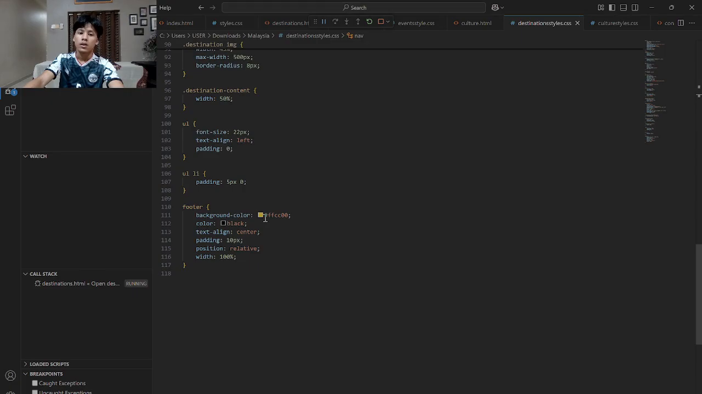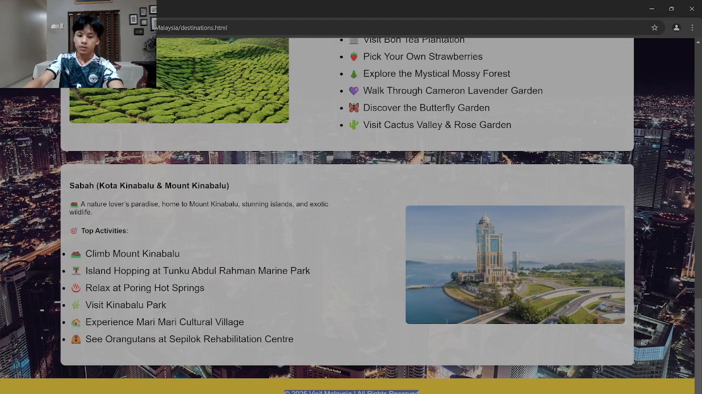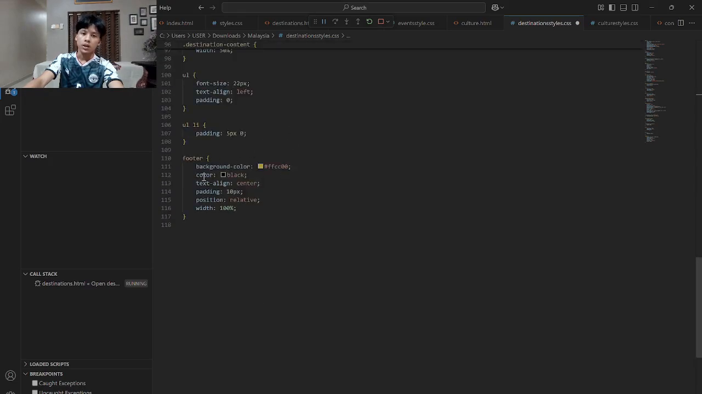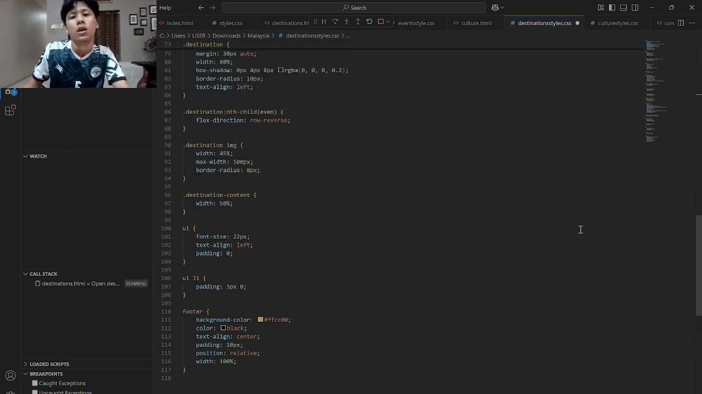is yellow color. The color of text is black and the text align is center, padding 10px, position relative, width as 100%. So for the next one, I will give to my friend to explain